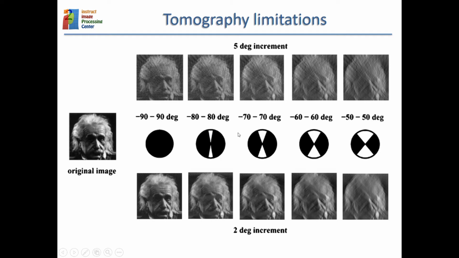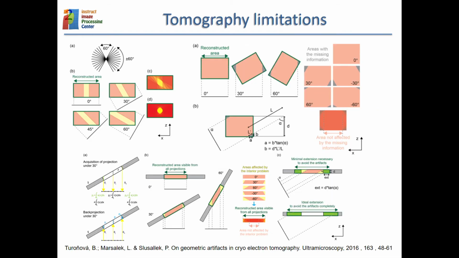If you make now this wedge bigger, now you start to see an elongation along this direction and a blurring of the information along the vertical direction, the direction in which we don't have information. And the bigger this missing wedge is, the bigger the deformation. And you may recognize now the features that you normally see in electron tomography. And there are many other